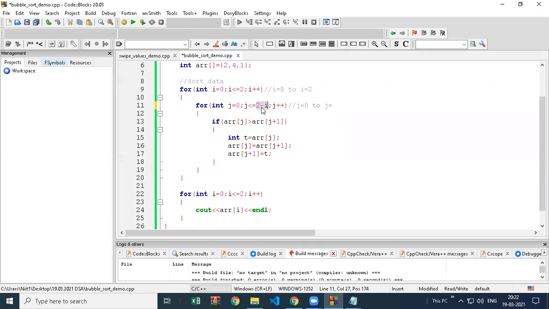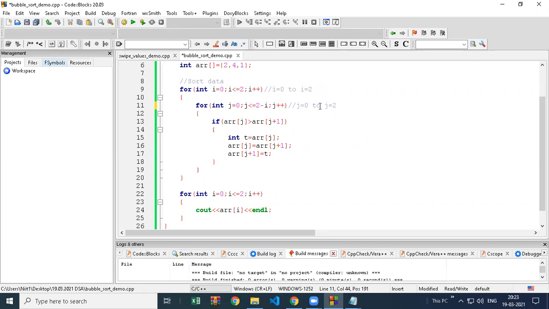Sir, right now we have to take the I value as 2. Where is I? The I value is 0 here. The I value we have given is 0. The starting value is 0. It's not 2; the last value is 2 there. So I value is 0, so 2 minus 0 will give 2.